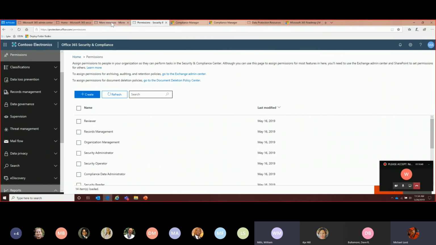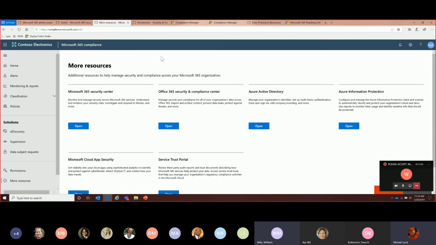Well, we've gotten a lot of feedback from our customers, and the big roadmap item here is we're splitting them into two very specific platforms. So instead of having a security and compliance area that has trimming based upon your permissions, we're actually breaking it into two different applications. We're breaking it into a compliance platform. So with compliance, we're talking more about compliance manager, we're talking about privacy, we're talking about information classification and e-discovery,